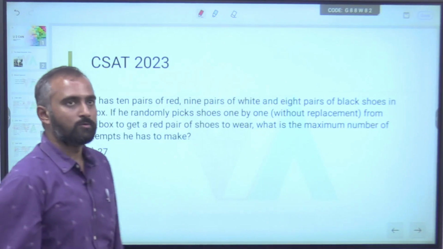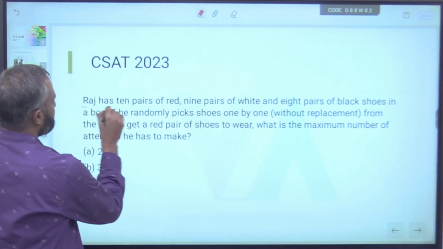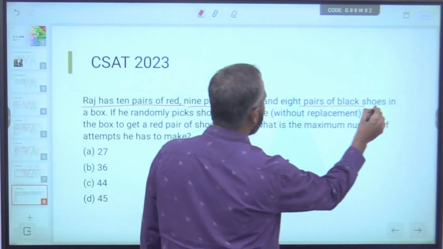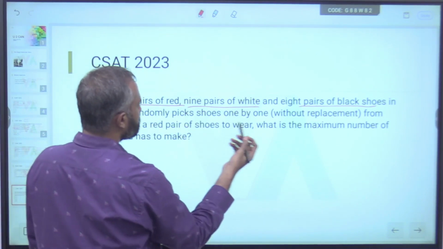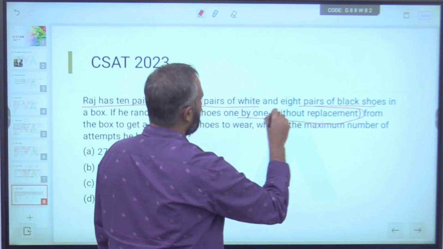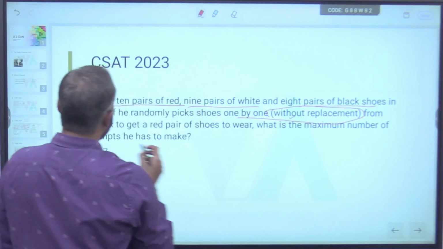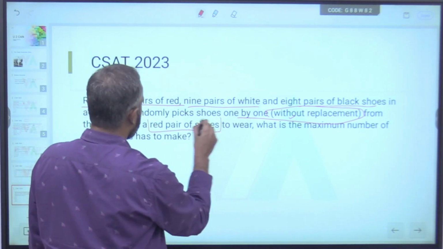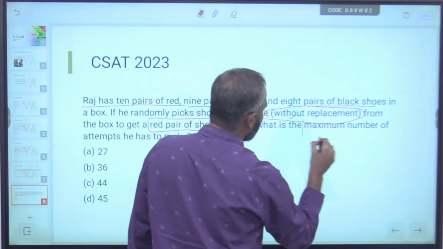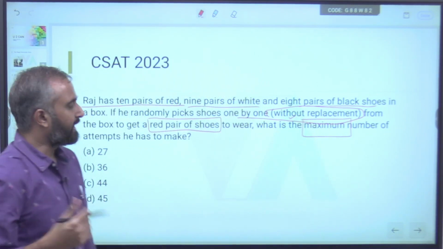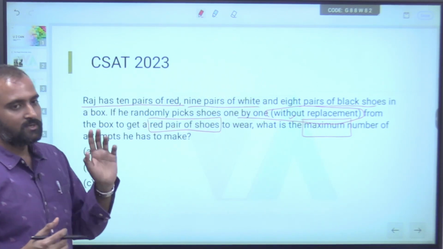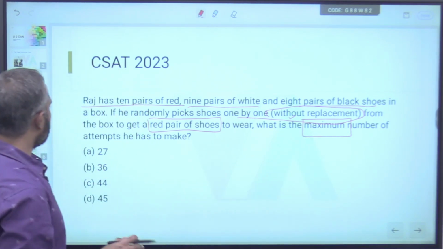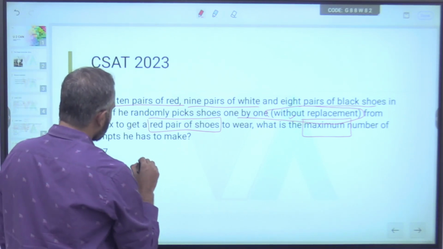Okay, now a man has shoes in a box. He picks from the box to get a red pair of shoes. What is the maximum number of attempts? So our attack points are a pair, because one shoe is not sufficient for us. We need to get a pair, and the maximum number. Since he has asked us for the maximum,